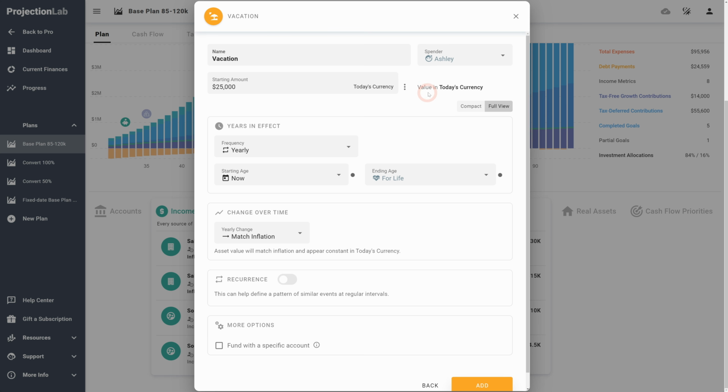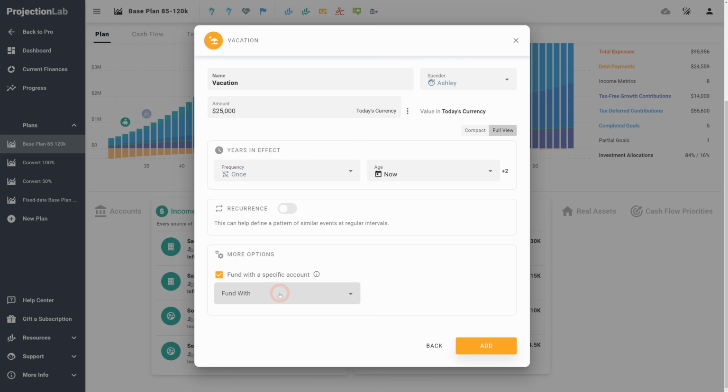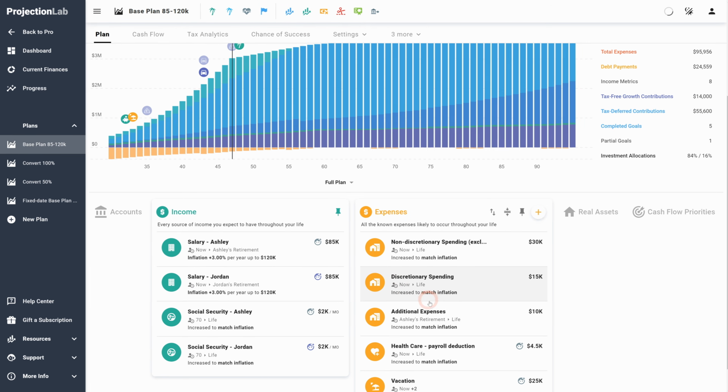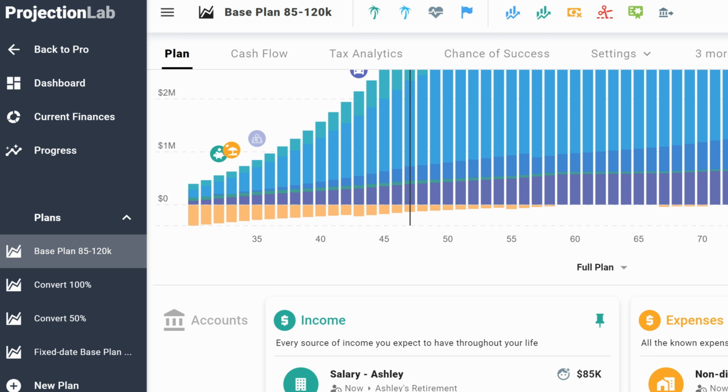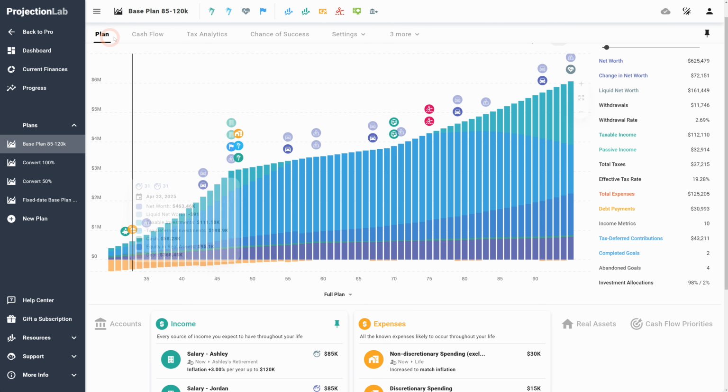So what we can do is make this happen 2 years from now, as a one-time expense, and we'll say fund with a specific account. Let's say, for whatever reason, we're going to use a Roth IRA for this, so we can see the effect of that. So we select the Roth IRA and add that expense. Because this is a new expense item, it'll show up here if you're displaying those milestone icons. So you'll see here vacation, and then if we go to cash flow,